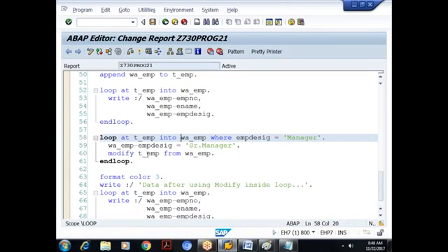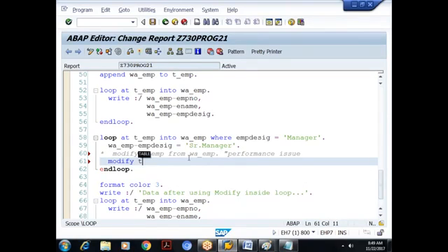But internally what is happening? It is going to check the entire record between what? Work area and the corresponding record in what? Body. So that record has got how many fields? 3 fields: employee number, employee name, and employee designation. Even if that record is having 20 fields, it will compare what? Each field, which is time consuming. So whenever we use the modify statement, it is recommended. So I'll just comment this. What is this? Performance issue.